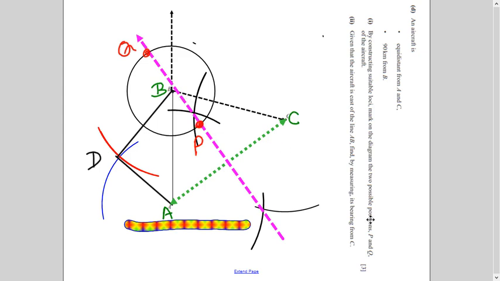The question is only saying mark a possible position. It is not saying find out any distance here. Given that the aircraft is east of the line AB. Now, this is the line AB, right? This side is east and this side is west. So now the question is saying the aircraft is on the east. So it means the aircraft is here, not here, right? So I'm on the east side of the line.